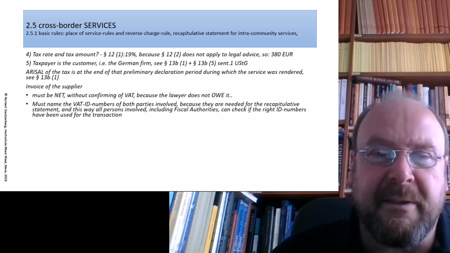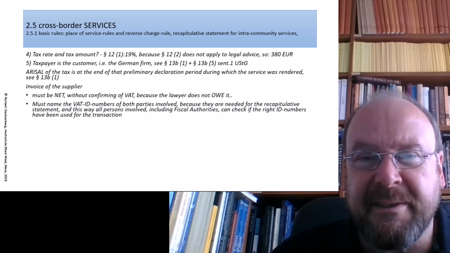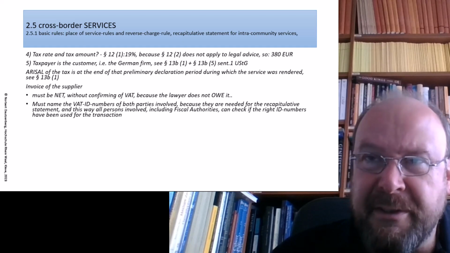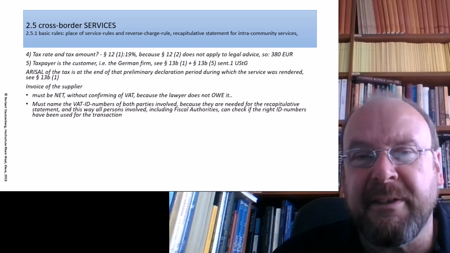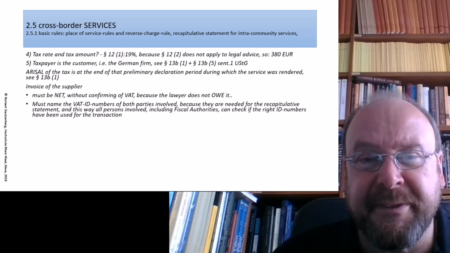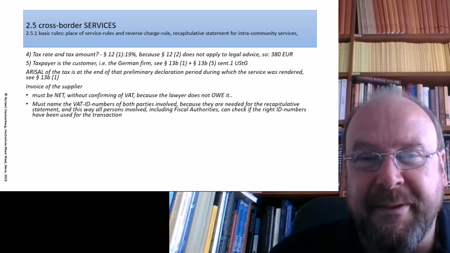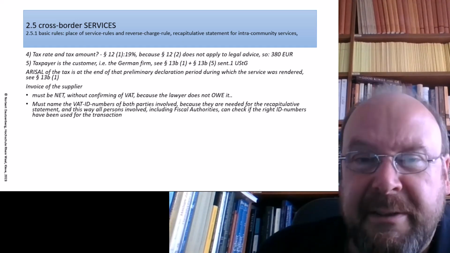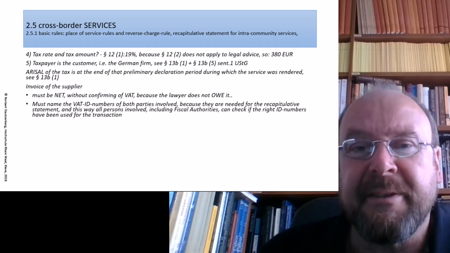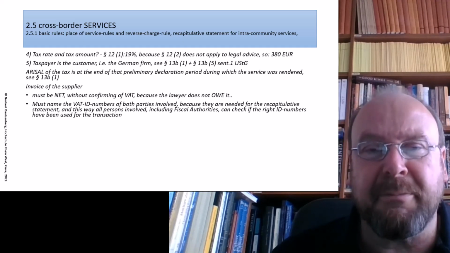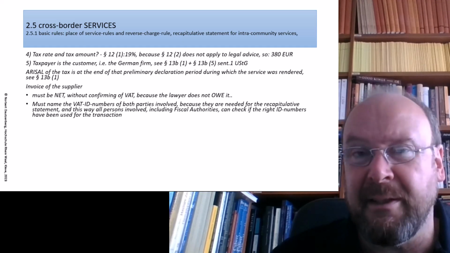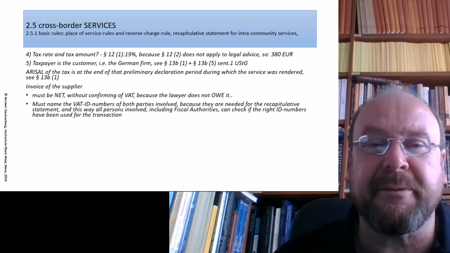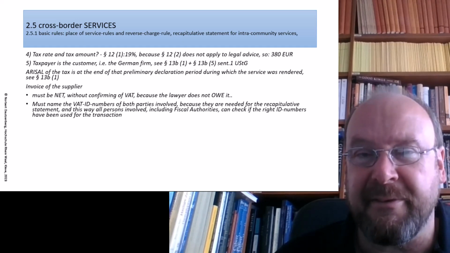That is a kind of comfort for the tax inspectors or auditors, because when they see you do not show the VAT identification numbers of the persons involved on the invoice, they can directly trigger a kind of red alarm, because then you admit you didn't know the VAT identification number of your service partner, and that automatically triggers the suspicion that the recapitulative statement has not been handed in correctly, so they can directly see here is something to be investigated.